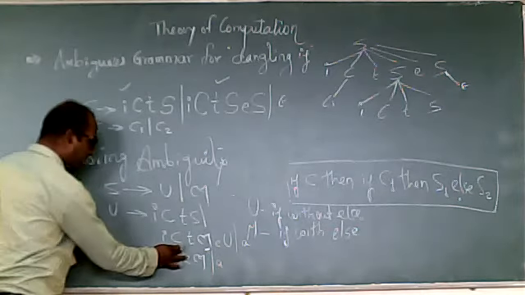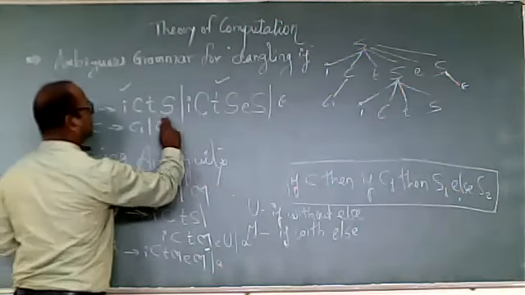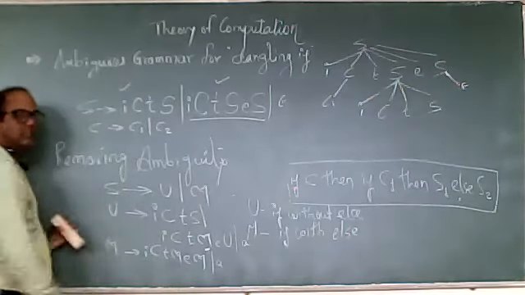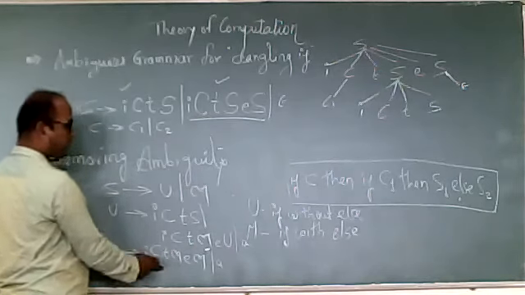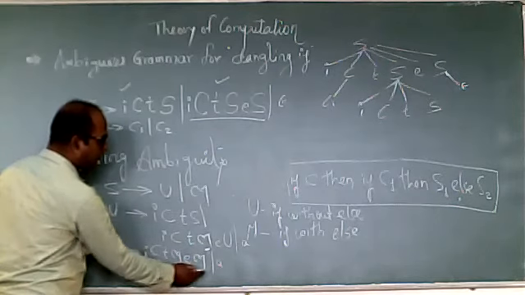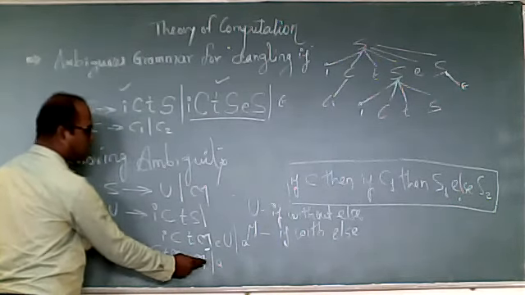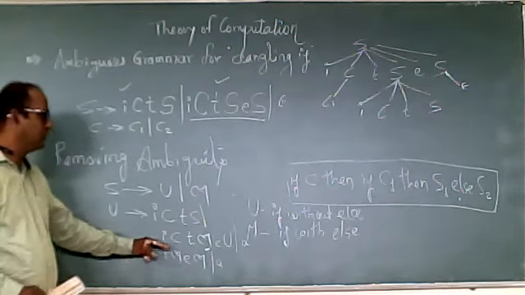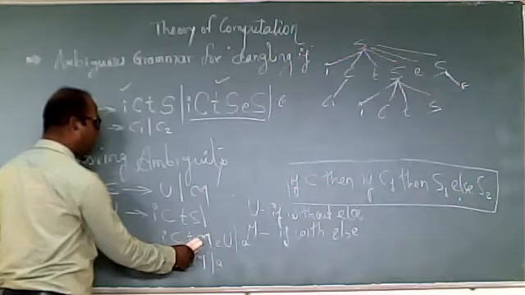So here what I am doing is taking these two simple statements and dividing them into two different parts, different productions. Because of this M, it will be very clear that if an else is coming, it will belong to that. So these new productions will minimize or reduce my ambiguity.